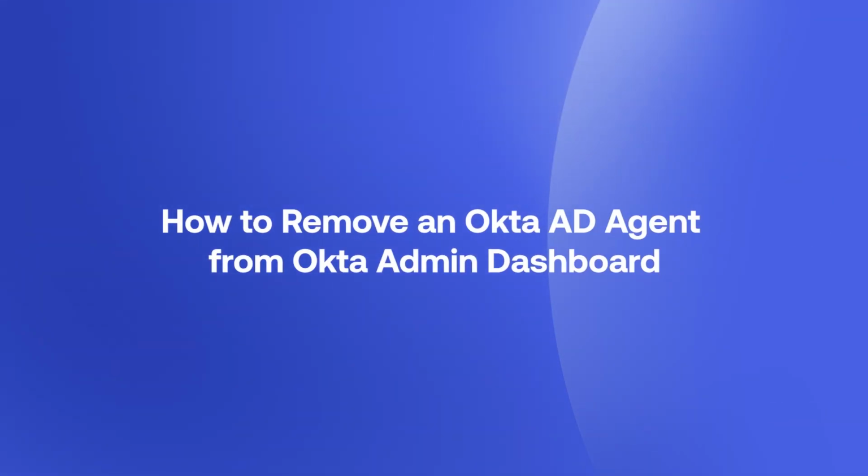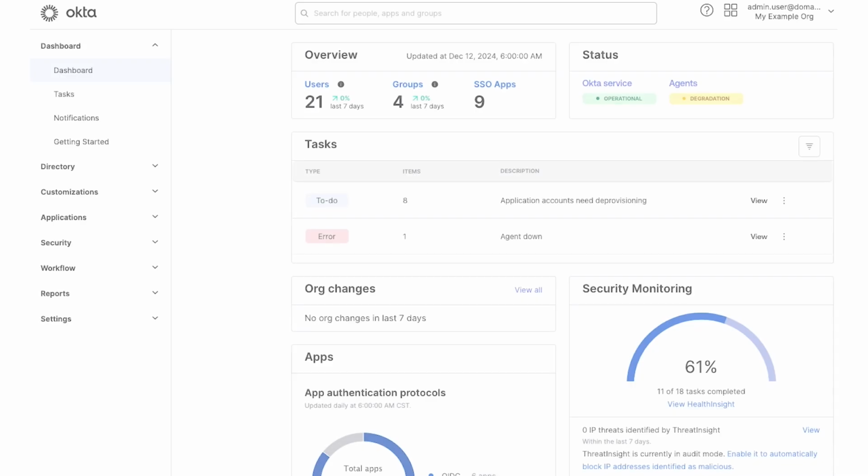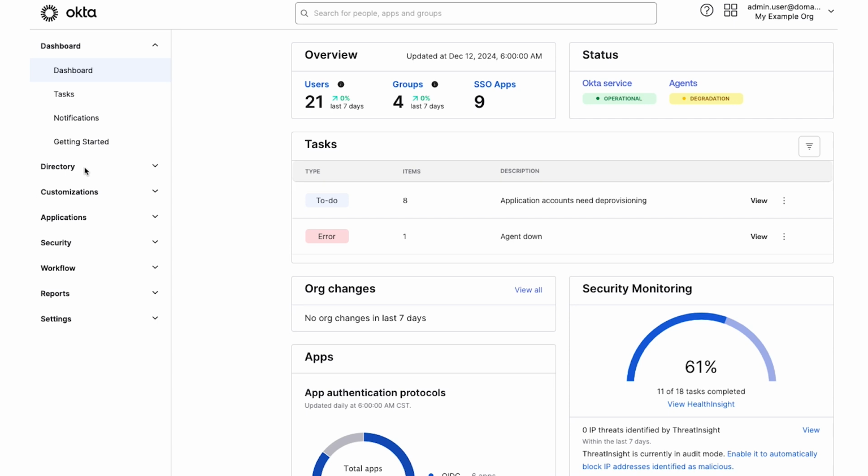In this video, we will cover how to remove an Okta Active Directory agent from the Okta admin dashboard. If the Okta Active Directory agent has been uninstalled and is later reinstalled using the same agent server, a duplicate entry for the agent server may be visible to Okta admins when navigating to the agent's menu under the respective Active Directory integration. To remove an Okta Active Directory agent from the Okta admin dashboard, we will navigate to Directory